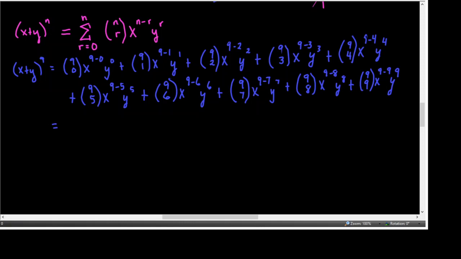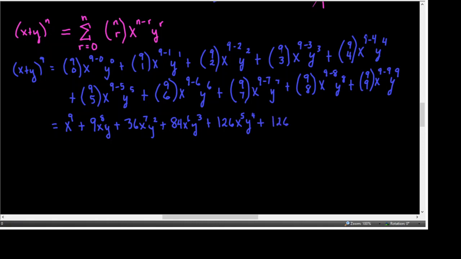And when you complete that, you should get 1 x to the 9th times 1, plus 9 x to the 8th y, plus 36 x to the 7th y squared, plus 84 x to the 6th y cubed, plus 126 x to the 5th y to the 4th,